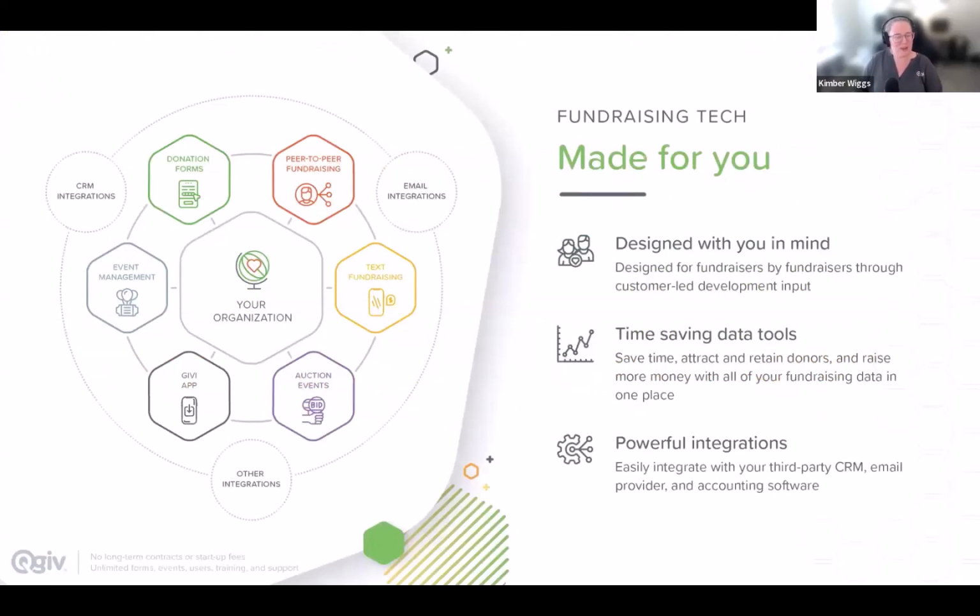to make sure you know that we have solutions for all size nonprofits. So beyond those general donation forms, we have peer-to-peer and auctions, we have text fundraising, we have event management, so all sorts of things for different elements of your fundraising. And we also integrate with a lot of other software, including top email integrations and some of the top CRMs,